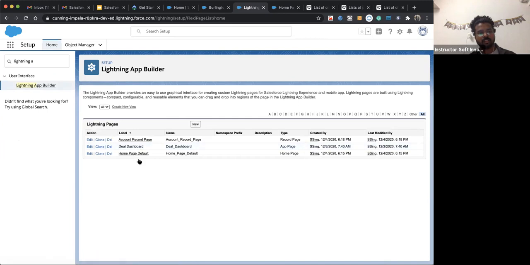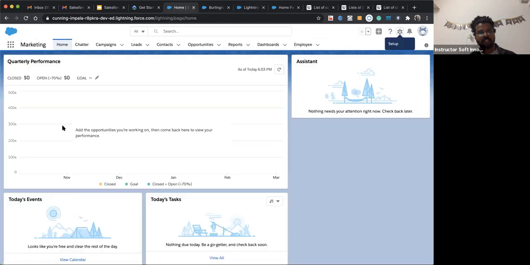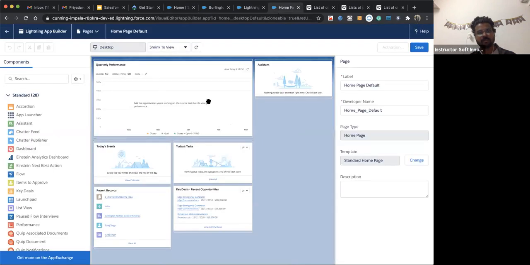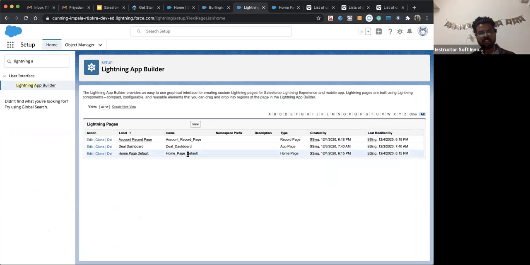And here, whatever page we recently changed, whenever we hit edit from the Lightning App Builder, since we are changing an out-of-the-box page, whenever we hit save, it creates a Lightning page. It will clone all the changes, create a page, and assign that page as a default to that user.